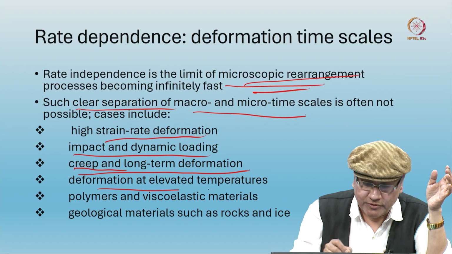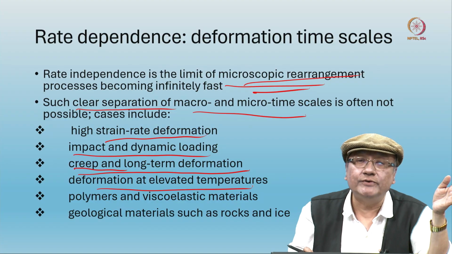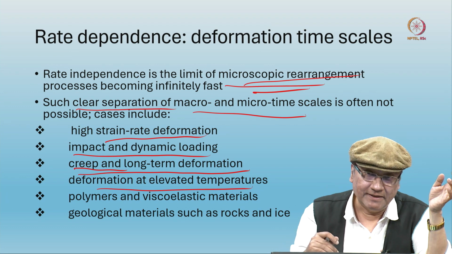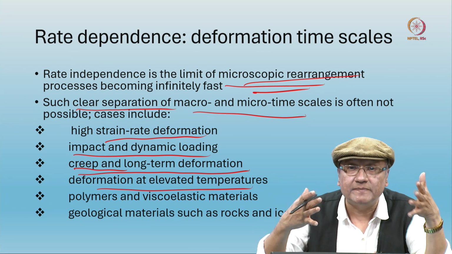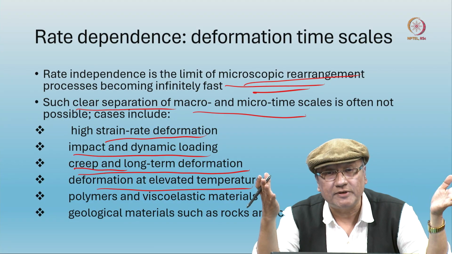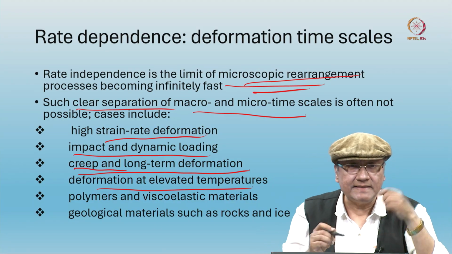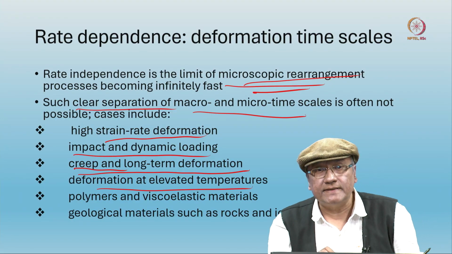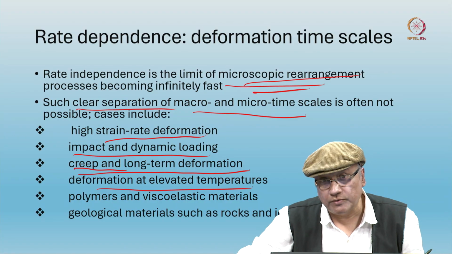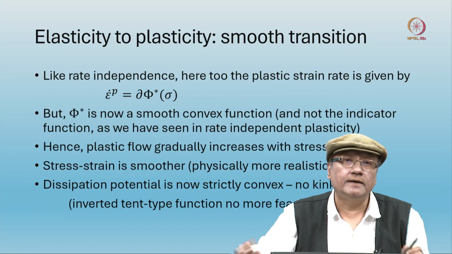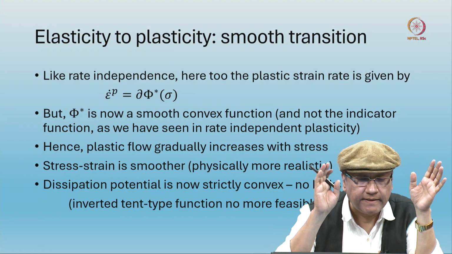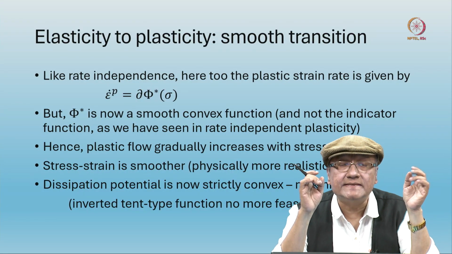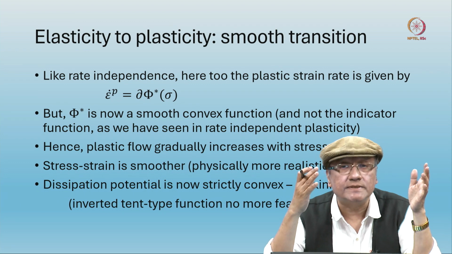Here again we go back to the original situation in which the microstructural rearrangements are fast, but your temperature, let us say, is very high. So, you will also see in your experiments things developing fast, right. So, no clear separation of these two scales once more. These are different scenarios. So, we can actually go on expanding upon this, but you get the point that a clear separation of the time scales may not always be possible. So, therefore, rate independence should also be looked upon as a kind of